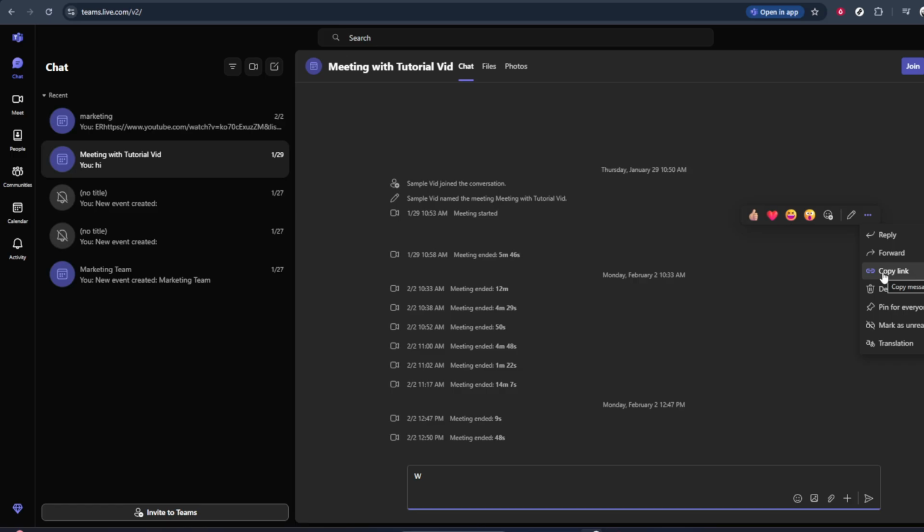And that's it. You've successfully copied and shared a message link in Microsoft Teams, making it easier for others to quickly find the exact